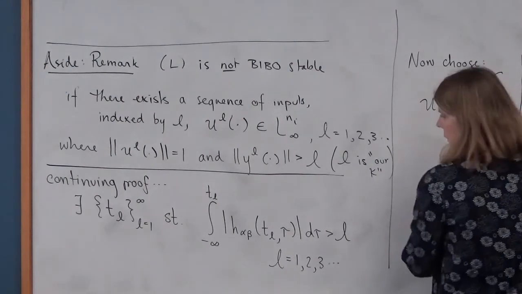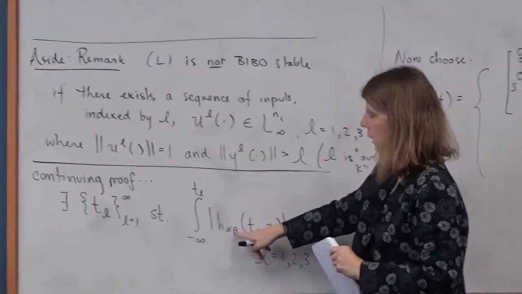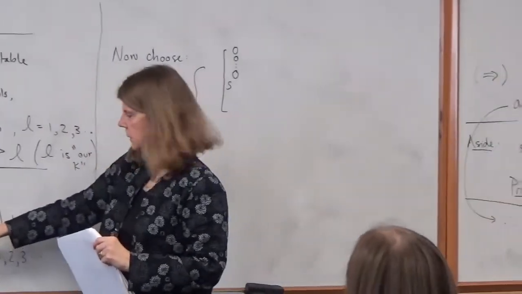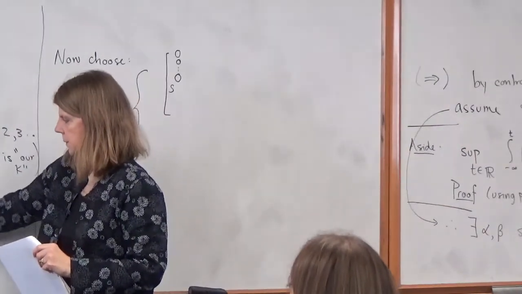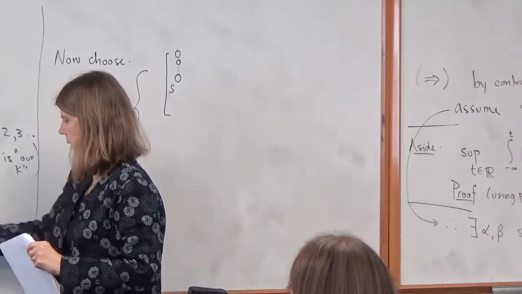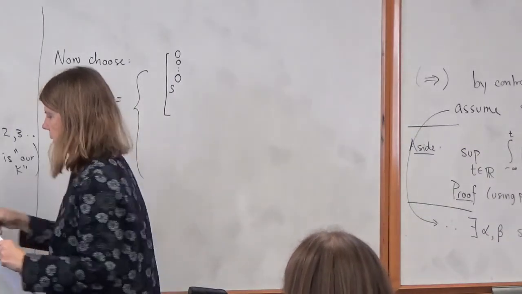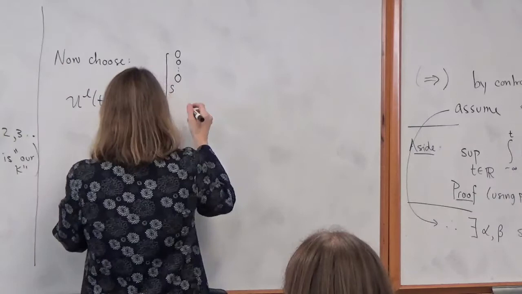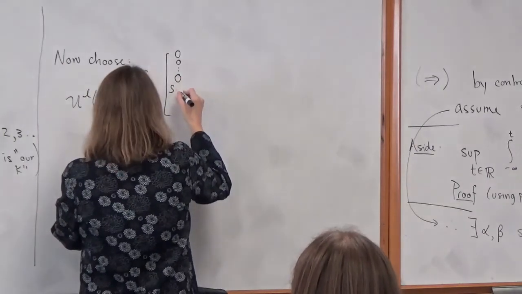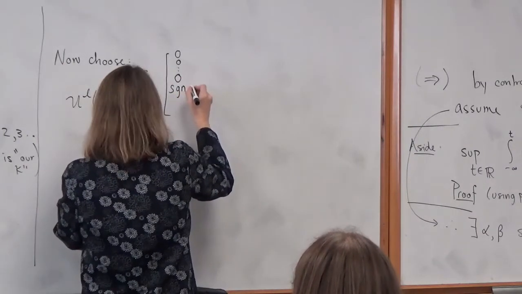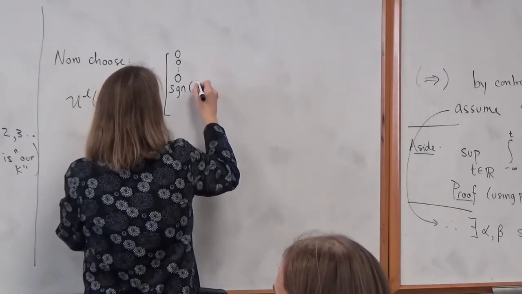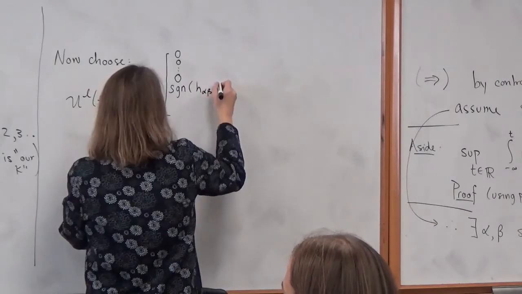Beta is the column where this h gives us an infinite integral of its norm. So the beta'th row of my input vector is just the sign of h alpha beta